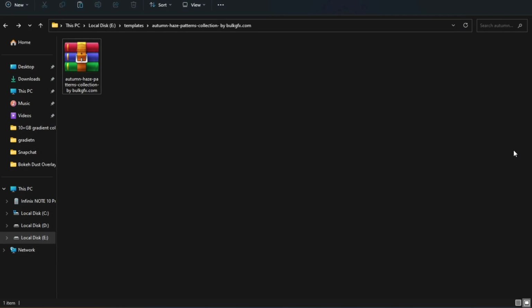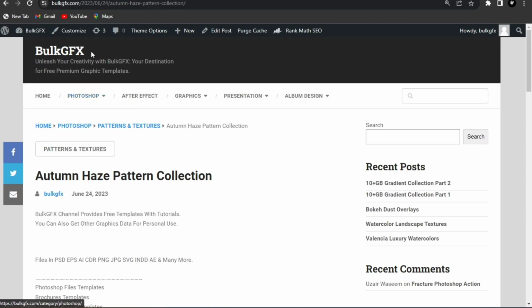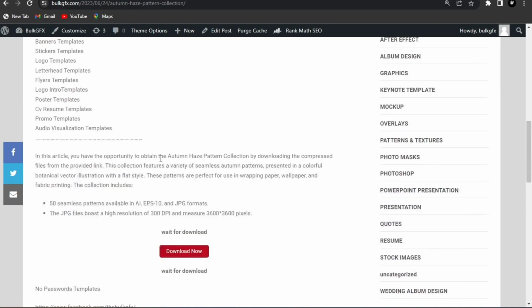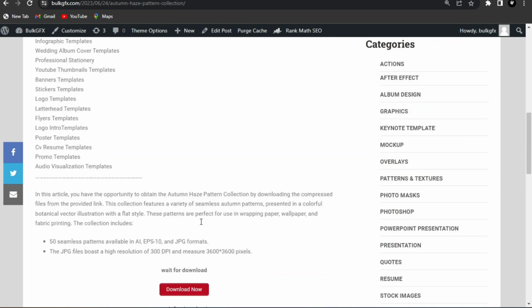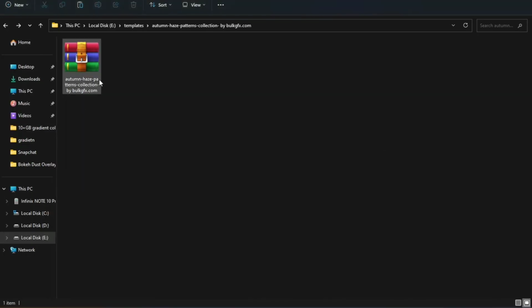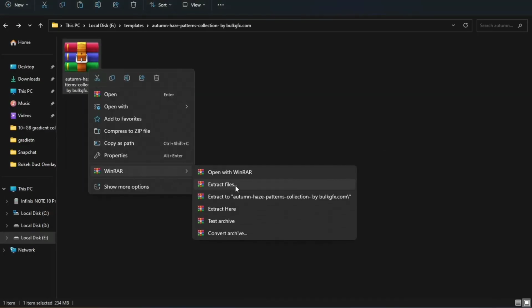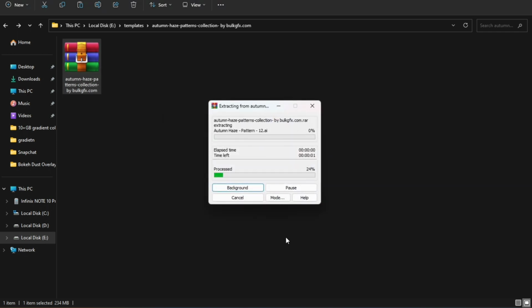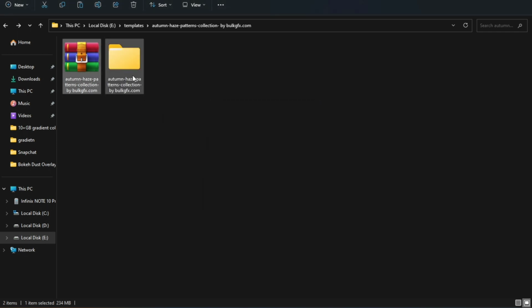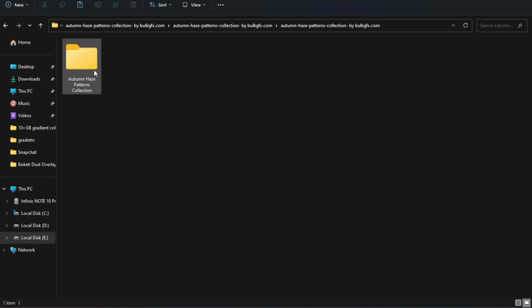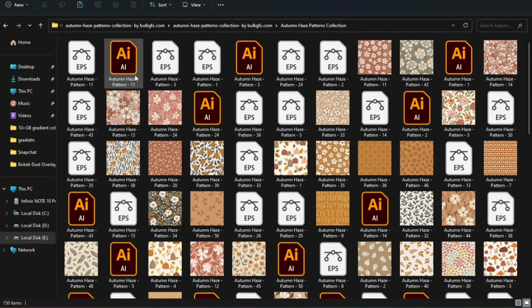These are Autumn Haze patterns. You can easily download them from the link in the description. Just click this link and you will come to this website, Bulk GFX, and here you can download it. This is a template, and this is a compressed file, so you need to extract it. After extracting, you will get this folder, and there are Illustrator format,